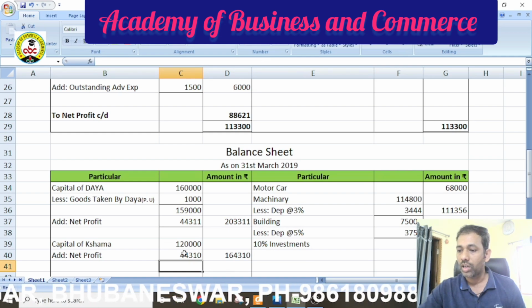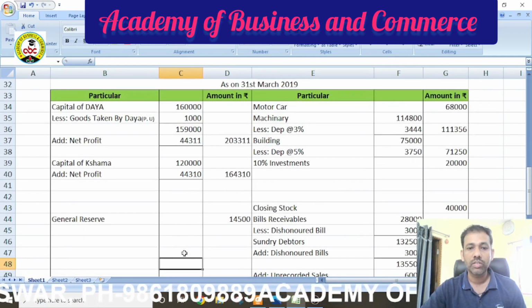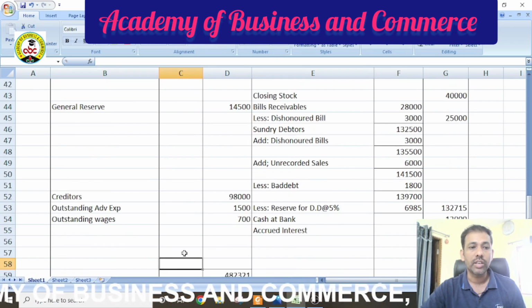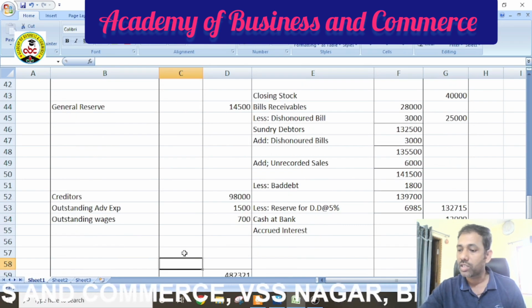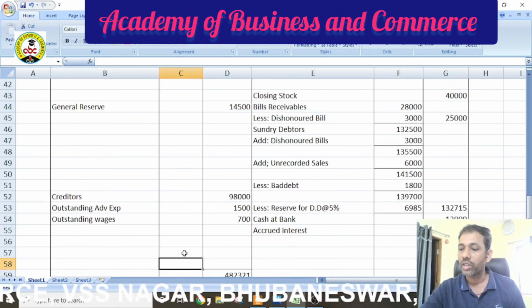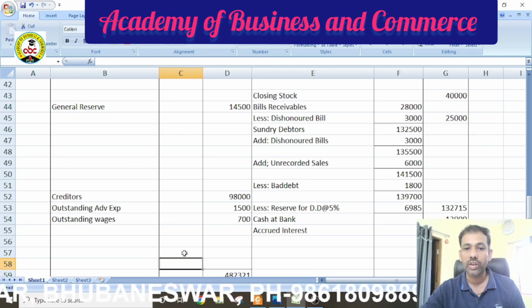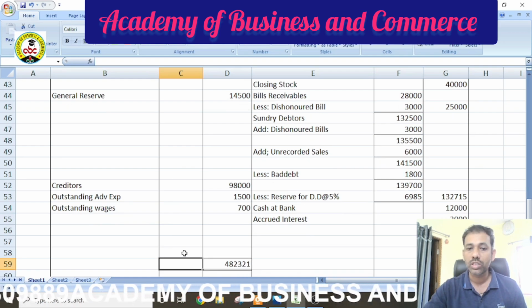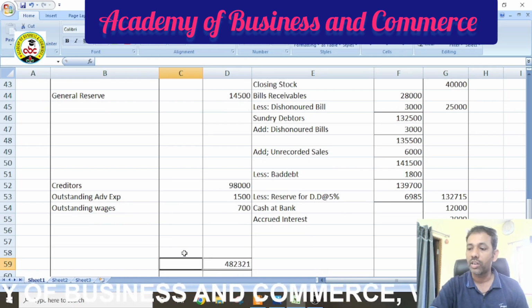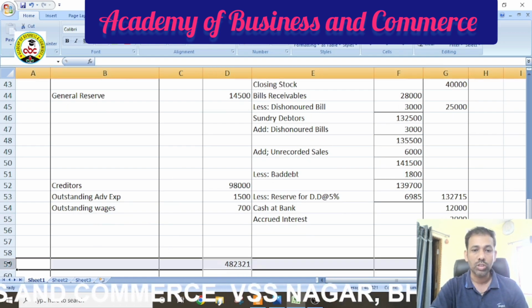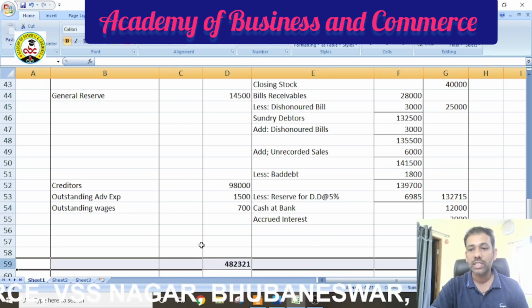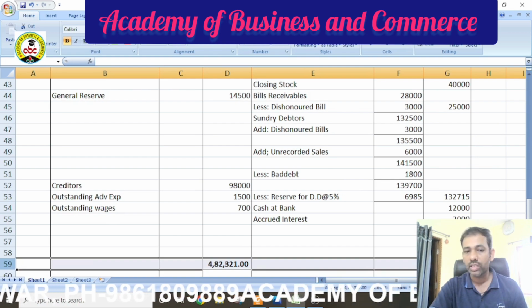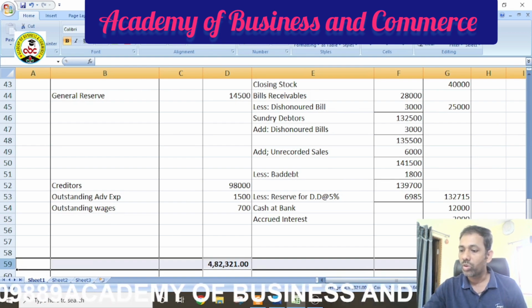Then our general reserve is given, that is 14,500, and the outstanding creditor is 98,000, outstanding advertisement expenses 1,500, and outstanding wages expenses 700, and the total amount is 4,82,321. It is also matched with your book balance sheet balance. Also check that the asset side total balance is the same. So it is all about the